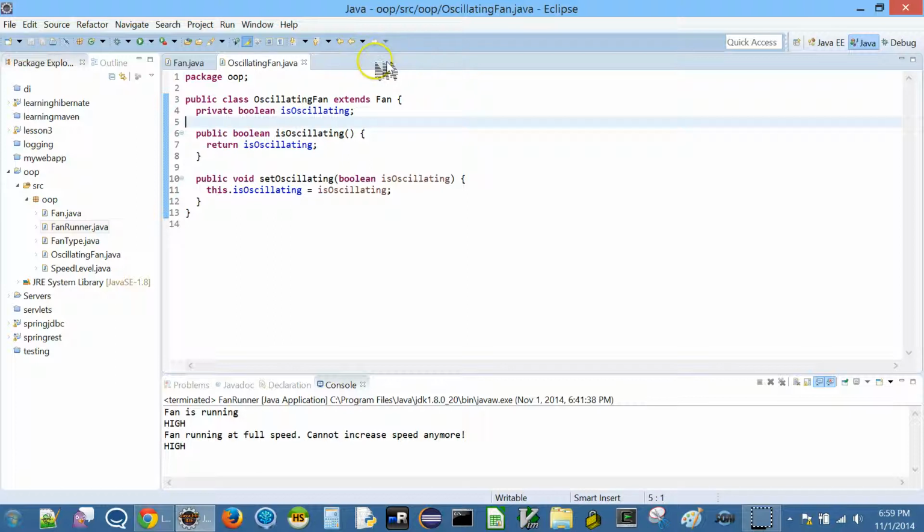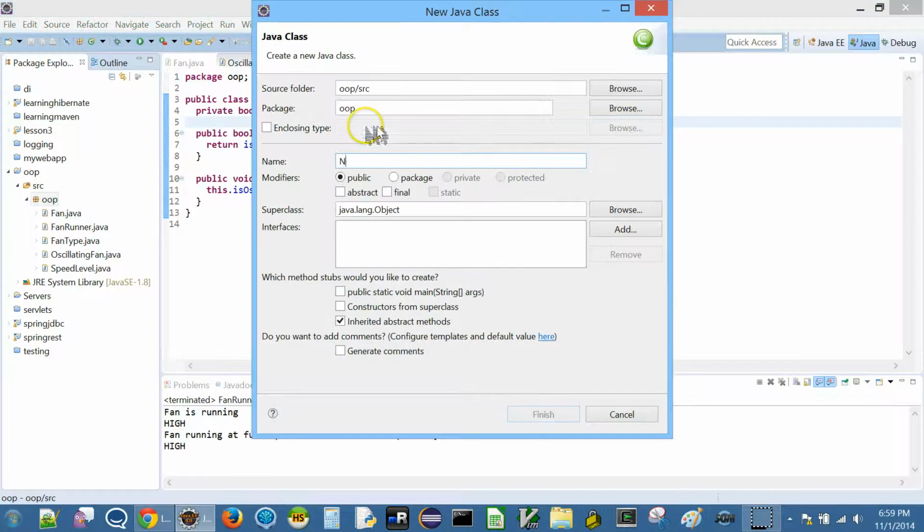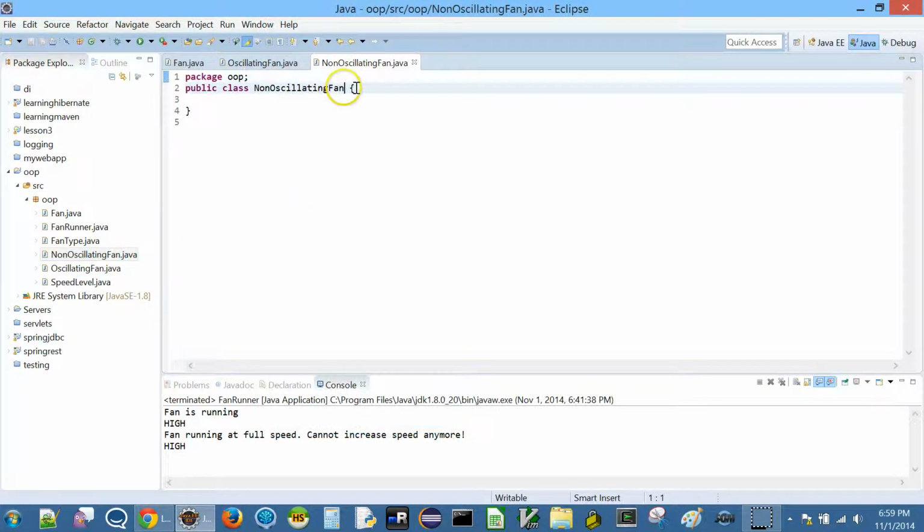Similarly, I can declare non-oscillating fan. Okay. Now non-oscillating fan is not going to have, you can even do the extends fan here. You don't need to specify it at the time of object creation. Even if you say this, we are fine.